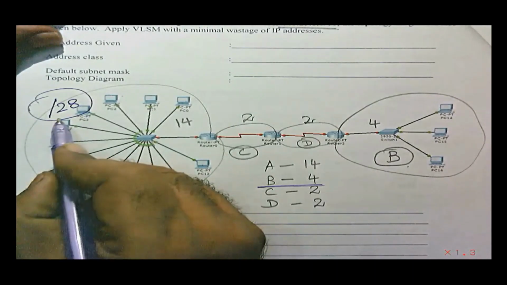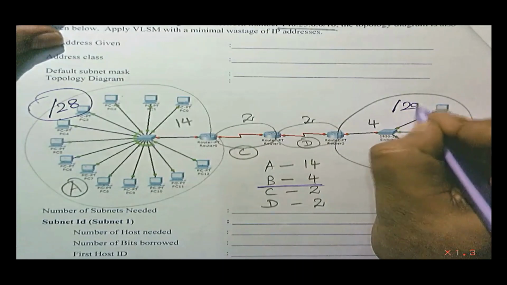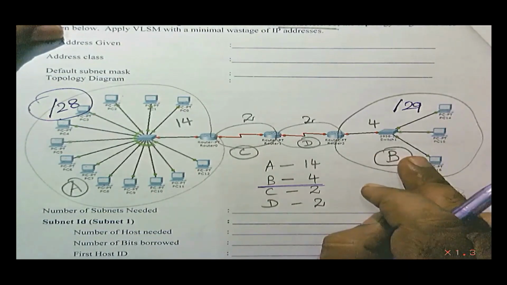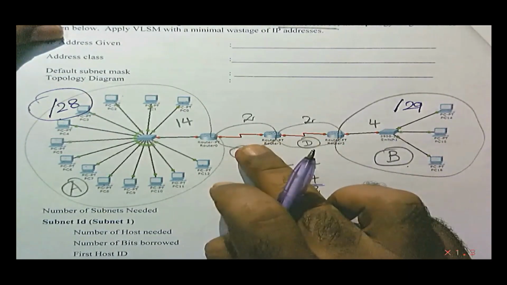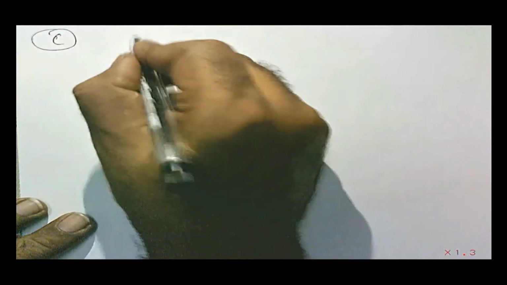Now go back to your topology diagram. Here we used /28 as our subnet mask, and here the subnet mask is going to be /29. So we have completed 2 subnets. The third and fourth are going to be only 2 hosts each, so the calculation is going to be very simple. Now I'm going for the next one, subnet C. Here the number of hosts